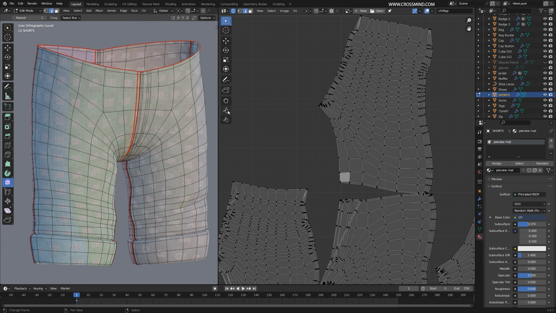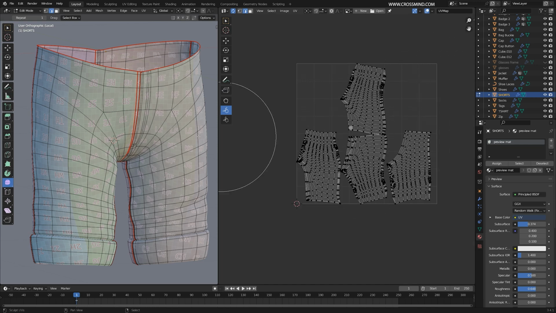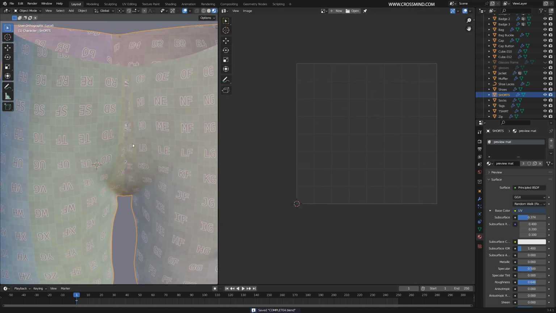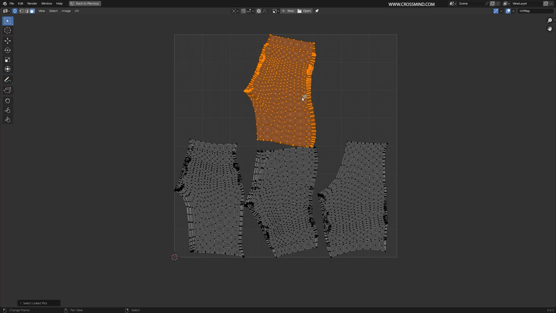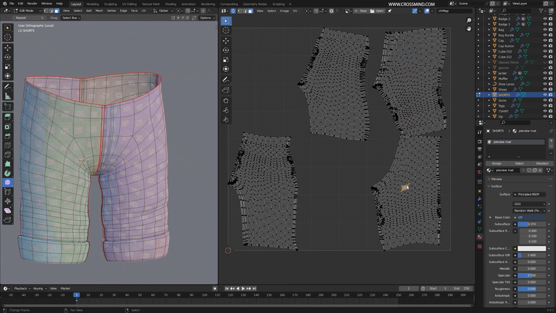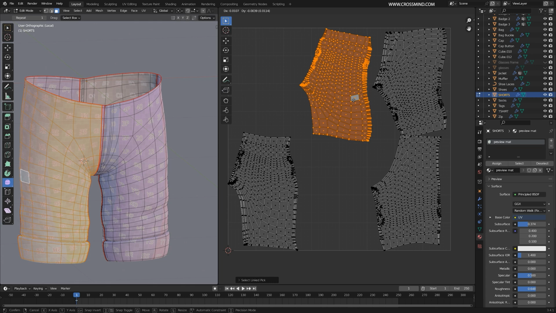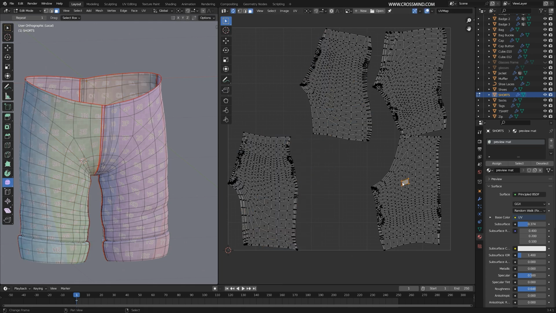You can do a few more things as well. You have a relax brush here. Just make sure to not overdo any of it. Lock borders. I don't find it necessary at this moment. Everything seems like it's working fine. Just make sure to utilize all the space you have here. So I'm just going to put this here next to the other side, which is this one, and these two here.